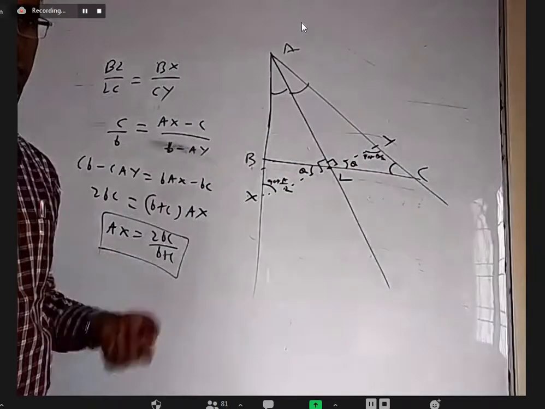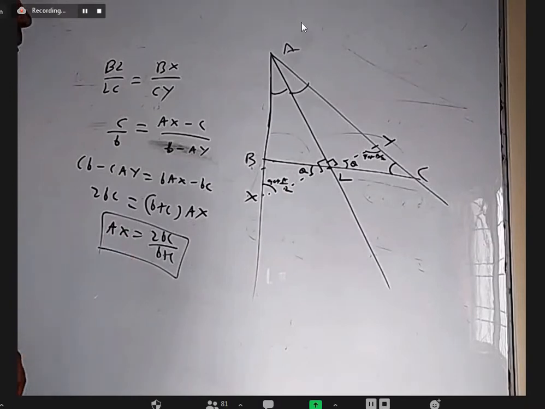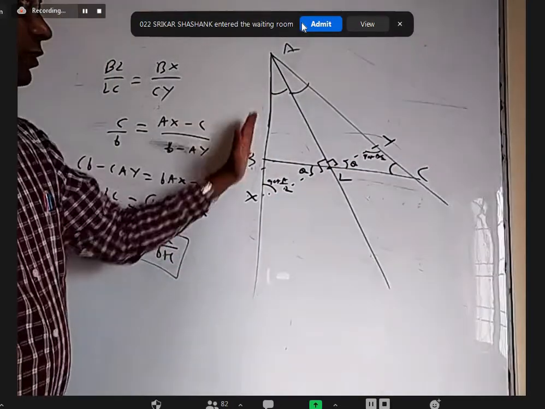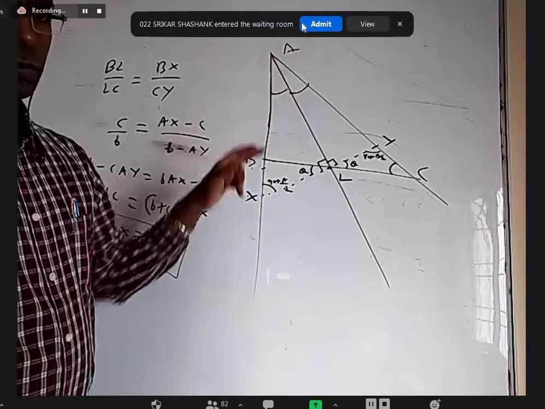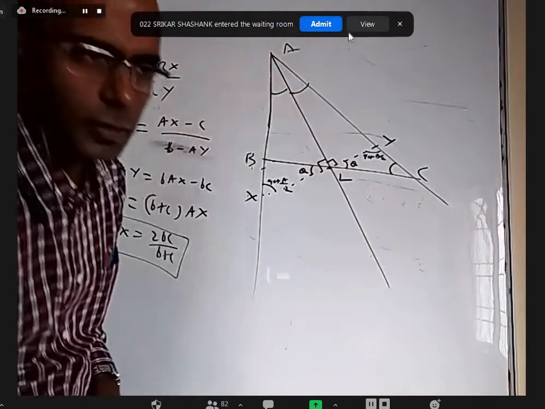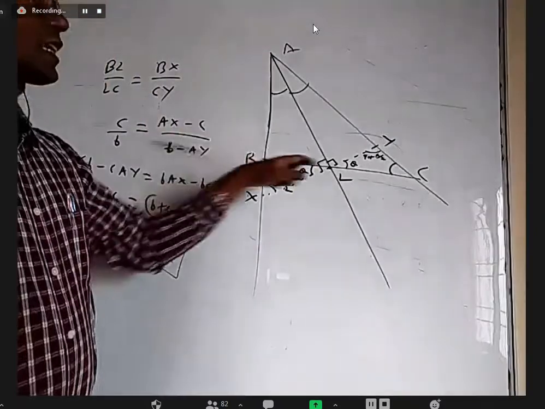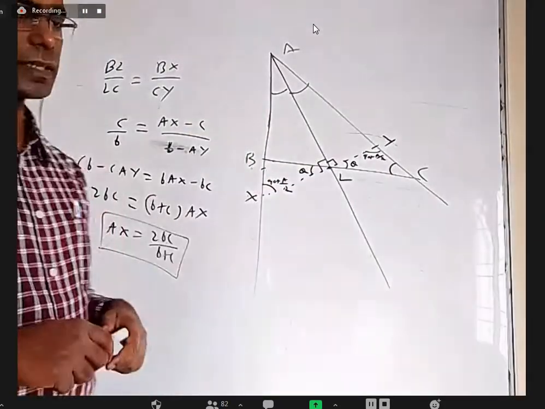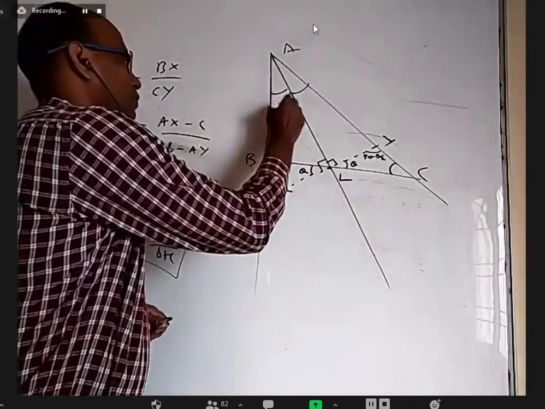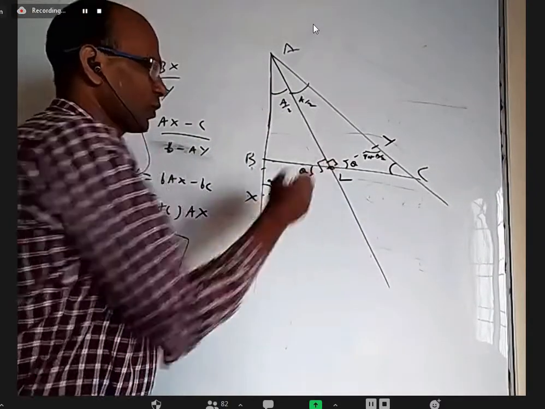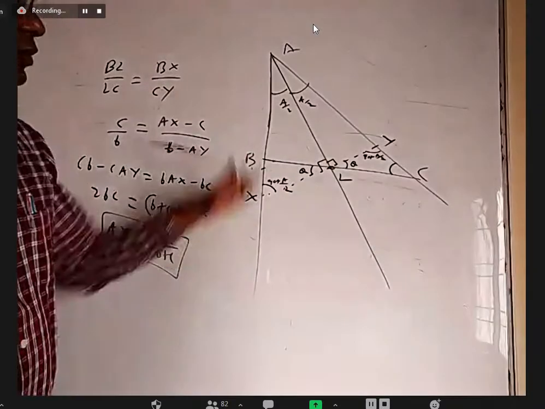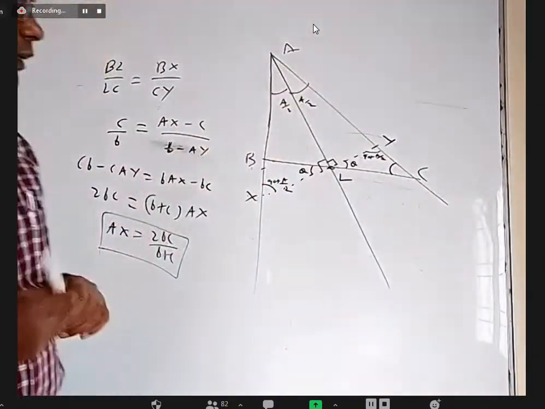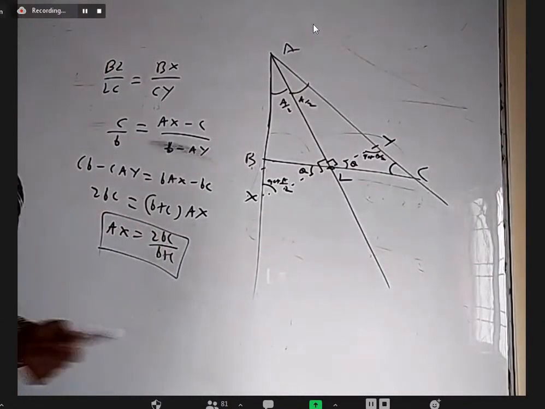The previous two methods are good, but still I want to show something else. This is your acute angle triangle. Don't think it's right angle. It may look like it, but A should be a little to the right side. Doesn't matter. ABC is just any acute angle triangle, and this is the internal bisector where these two angles are equal, A by 2 and A by 2. Through this point, I constructed a new line which is perpendicular to AL, meeting this side at X and this side at Y. Okay. Just from some kind of similar triangles, I wanted to do something.